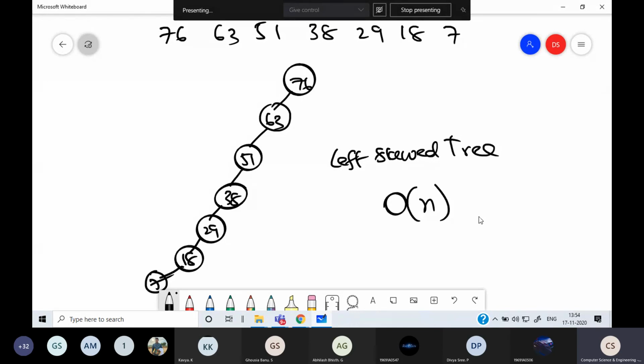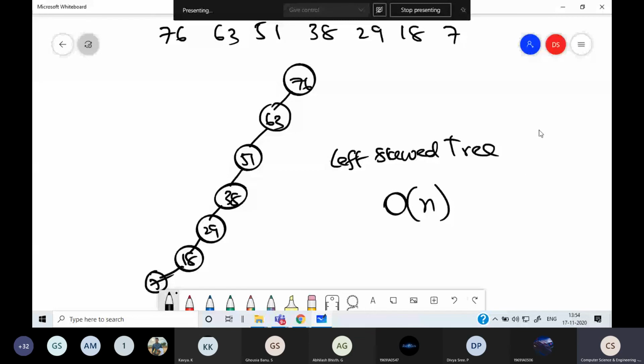There is one kind of special tree in binary search trees, which we call a balanced tree. The balanced tree gets adjusted whenever there is a possibility of skewness. The tree is rebuilt whenever there is a possibility of skewness, so the skewness is avoided. When skewness is avoided, the search time will always be order of log n. We'll see that later, but before that we have to write programs on this.